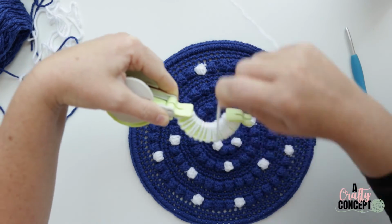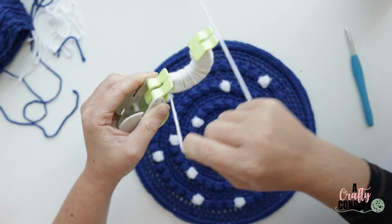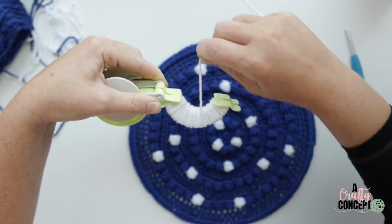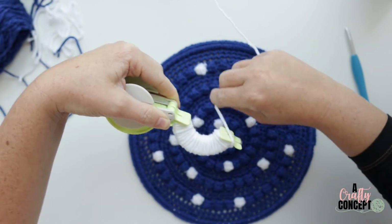And then you can come back and finish this video if you'd like. But I'm going to make 2 whites and 2 reds using this pom-pom maker. And then we will also be making our fringe. So let's go make our pom-poms, and then we'll come back and make and add our fringe to our wall